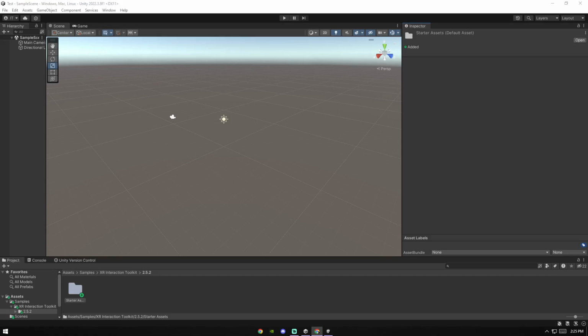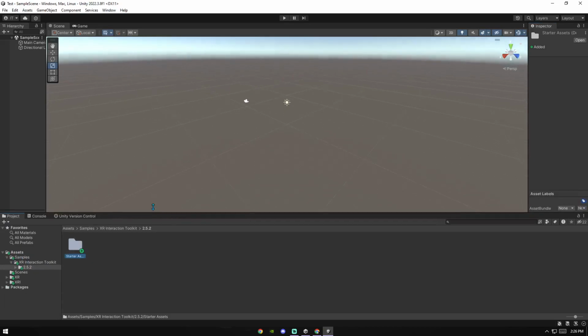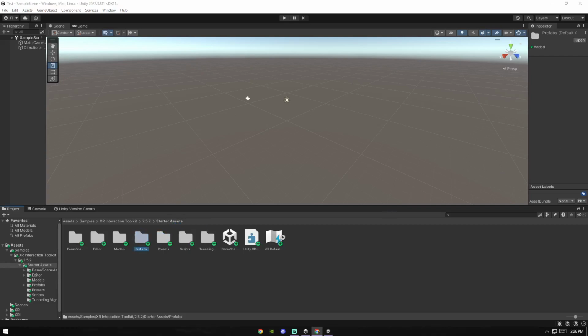XR interaction toolkit 2. Okay, so once it is done doing all that, if it hasn't already put you in the assets, there'll be assets right here, and you're gonna say samples, XR interaction 2.5.2 starter assets, and you will see, I think it's prefabs. Nope. 0.0.2 or whatever it says, starter assets. And now what you want to do, you